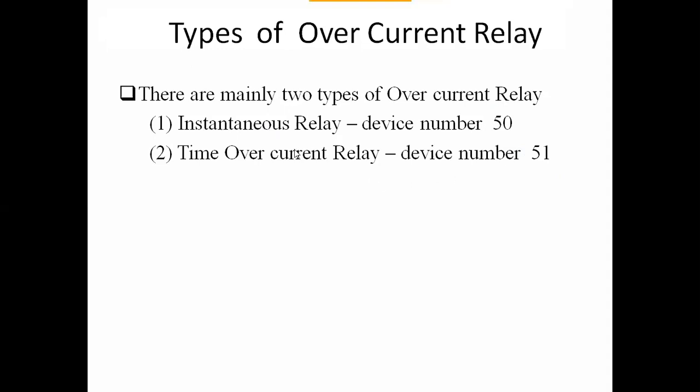Now instantaneous overcurrent relay will operate instantaneously. যেই তোমার current, this current will exceed the operating value or pickup value, this current is called pickup current. So 5 ampere current or 10 ampere current has a pickup level of the current. When it exceeds the current, the instantaneous relay takes action instantaneously. But time overcurrent relay takes some time to operate. So generally time overcurrent relay is used for transient fault.